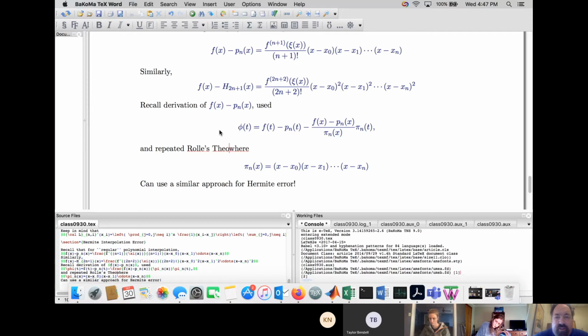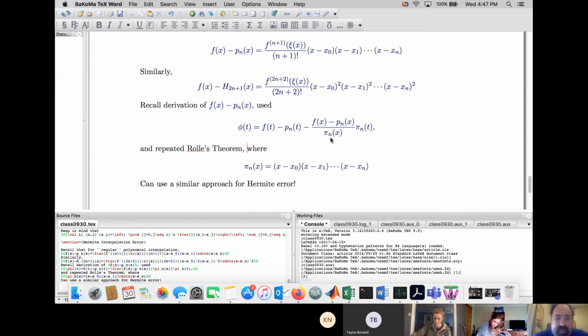Rolle's theorem is where if the function is equal at 2 points, its derivative must be 0 in between. The reason why I point this out is this is one of the homework problems for section 7.5. So good luck. But this is in the notes how this was done